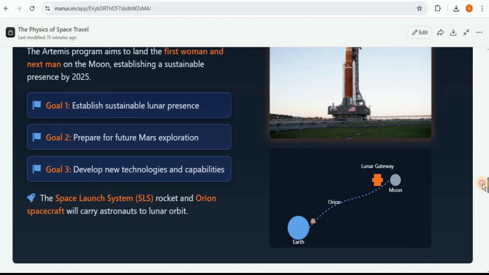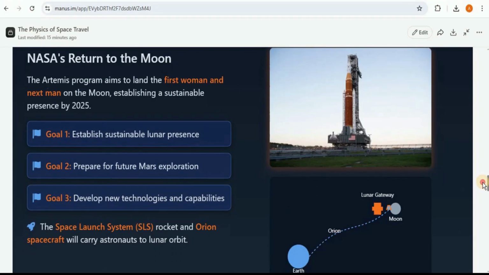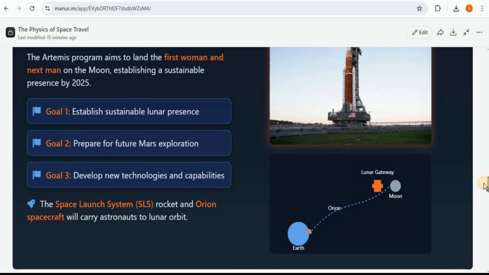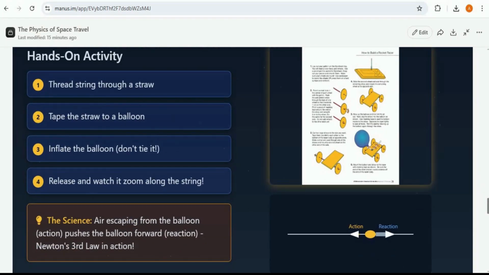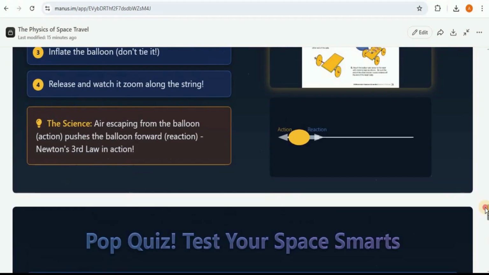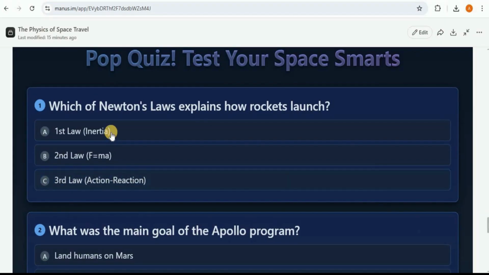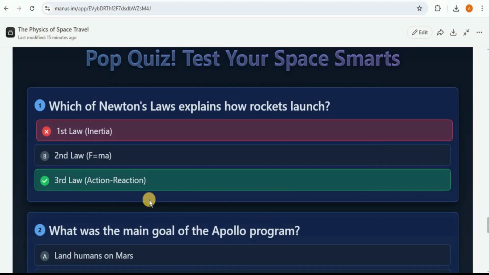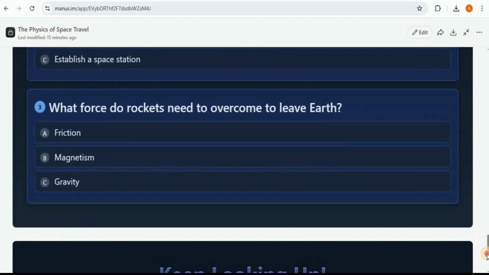So you can see that the images are pretty accurate and clear, and the slides have been made in such a way that it is really engaging for the children to learn. You can see that they have added different types of animations and motions in order to make it a lot more interesting. And just like the previous one, we also have a pop quiz, and it is also responsive. So if you click on any one of them, the correct option will be highlighted in green and the incorrect option will be highlighted in red.